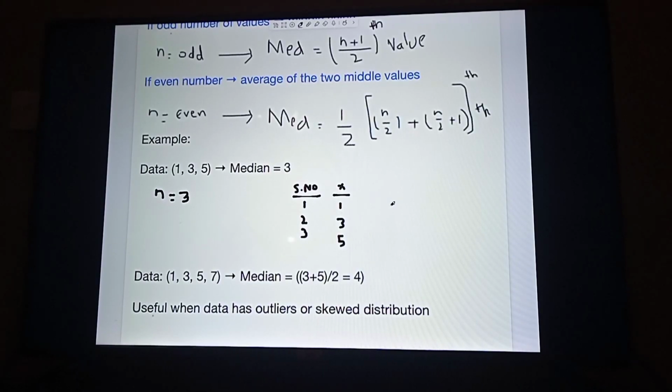Here median is equal to the (n plus 1) divided by 2 th observation. So 3 values are there, so 3 plus 1